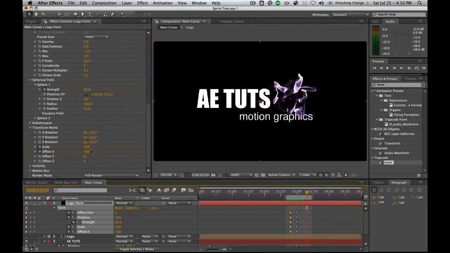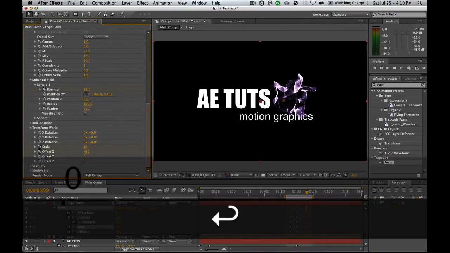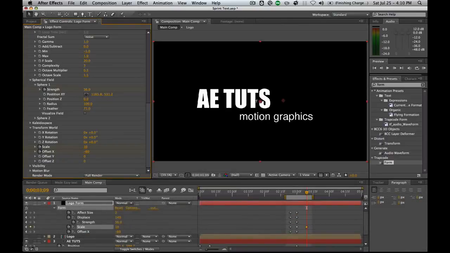We'll make our scale down to 10. And the only reason I'm doing it to 10 right now is so we can still kind of see where it's going. And as you notice, because of the way the center of the animation is working, it's moved over. So let's go ahead and also play with the offset. Move it out to maybe 400,